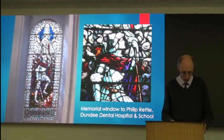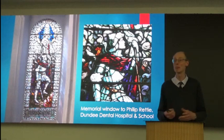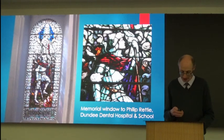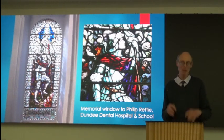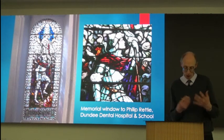Stained glass was also popular, and again, here at the university we have a beautiful example in the dental school with this window by Ballantyne and Son from 1918. But amidst all of this small-scale memorialising, the big question was how the city as a whole was to memorialise